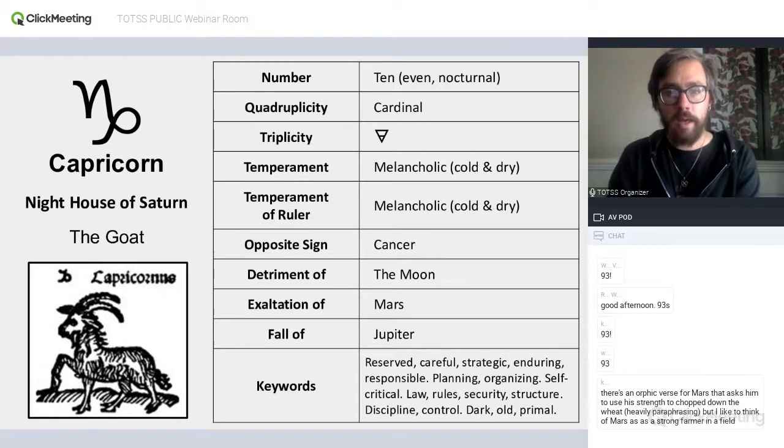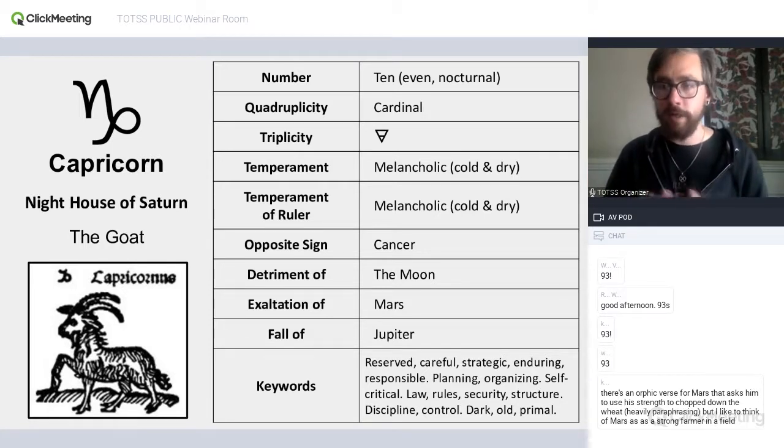All right, next we have Capricorn, an even-numbered sign. So this is the ninth house of Saturn, and the image here is the goat. Which connects to some of this earth symbolism and to some of the loneliness and the solitariness that can come with Capricorn. And that's a nice way of talking about Capricorn as the opposite of Cancer too. Cancer can be very personal, and the moon especially really likes to relate, both to other planets and to have close connections, where Capricorn can be kind of solitary. So that's another way that the moon and Saturn can be opposites, of wanting to be solitary or wanting to have close connections.